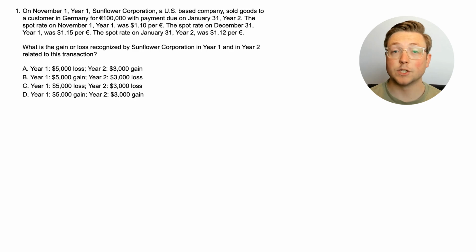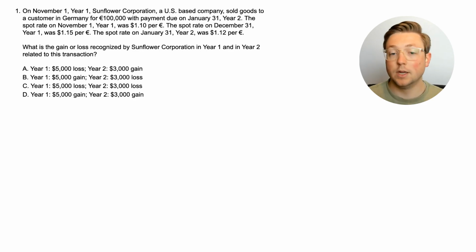Alright, here we are at question 1. On November 1st, year 1, Sunflower Corporation, a US-based company, sold goods to a customer in Germany for 100,000 euros, with payment due on January 31st, year 2. The spot rate on November 1st, year 1 was $1.10 per euro. The spot rate on December 31st, year 1 was $1.15 per euro. The spot rate on January 31st, year 2 was $1.12 per euro. What is the gain or loss recognized by Sunflower Corporation in year 1 and in year 2 related to this